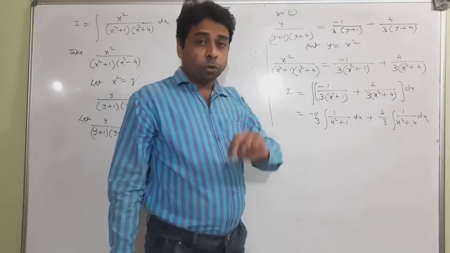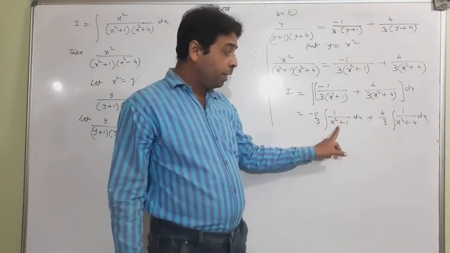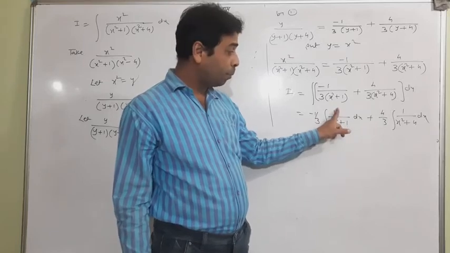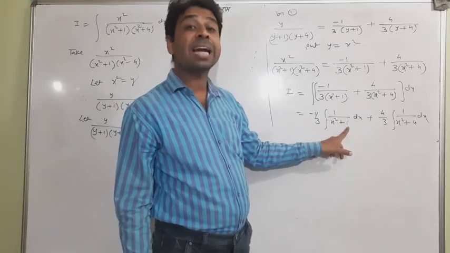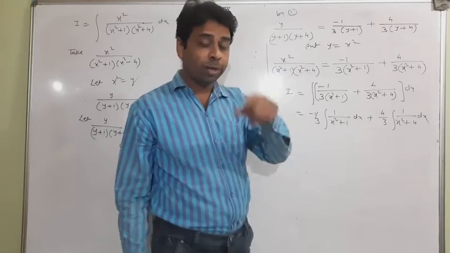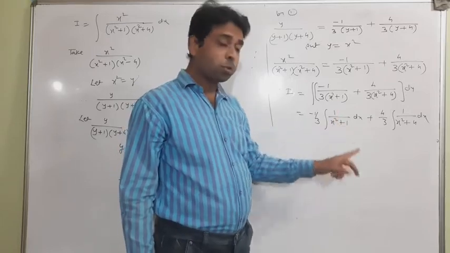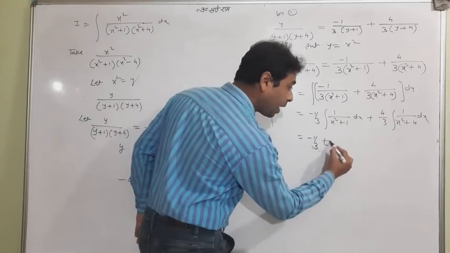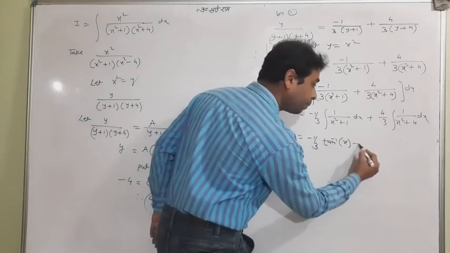Now, a very important term I'm telling you, look at. Till the last 2 or 3 questions, 1 by linear part was coming, so I used to write log. But this time 1 upon x square plus 1 is a standard formula, one of the 7 formulas I taught you. And 1 upon 1 plus x square is a standard one, it is tan inverse x. So students, write here tan inverse x.